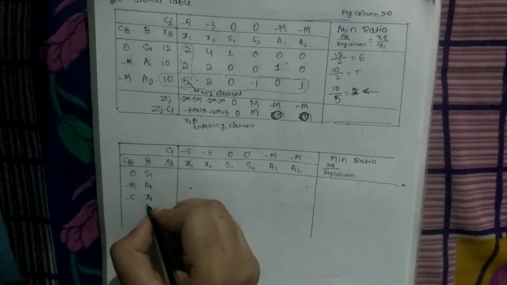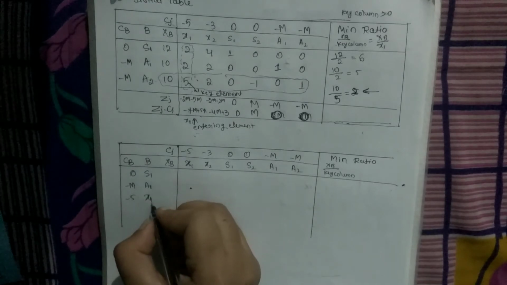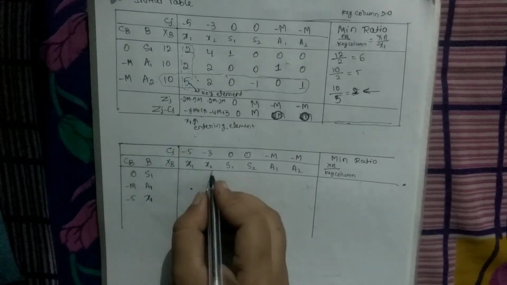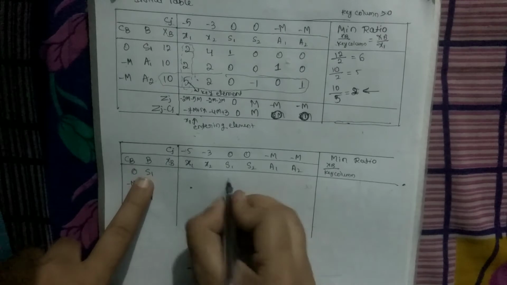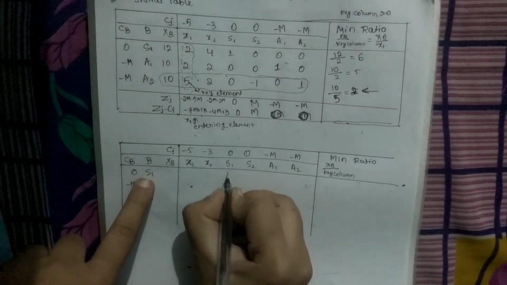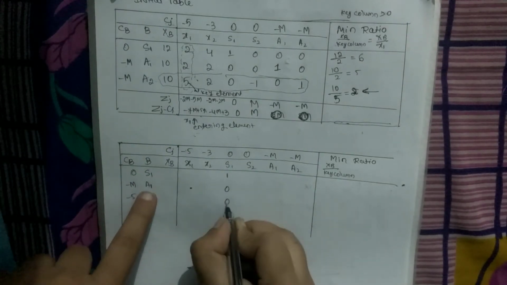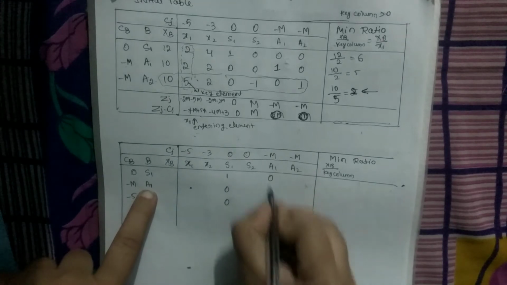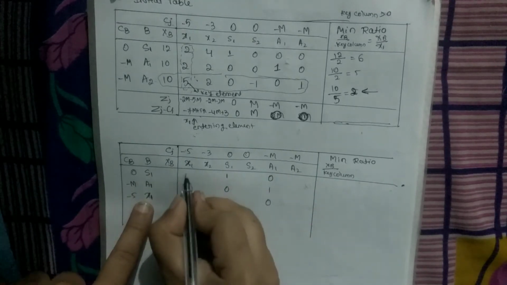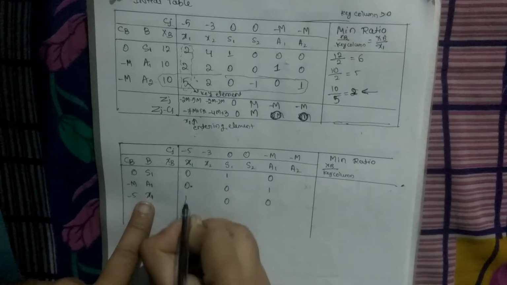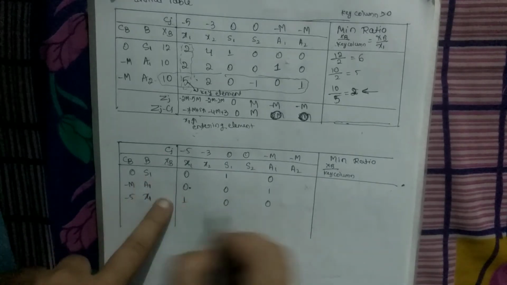The basic variables s1, a1 and x1 are in the form of unit matrix, that is s1 is, first s1 is 1 0 0, and next a1 that is 0 1 0, and x1 is 0 0 1. Next we have to find remaining values,